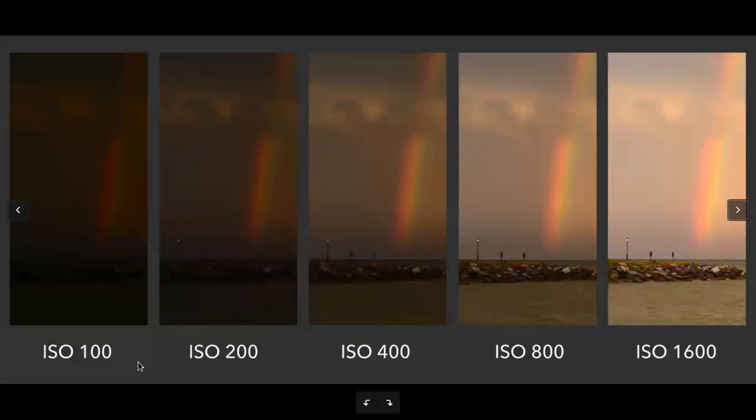Similarly, starting from ISO 100 to ISO 1600, if we observe, photos are growing brighter and brighter gradually. So this is what ISO does for us. It brightens the photo. We normally get a brighter photo with the increase of ISO settings.